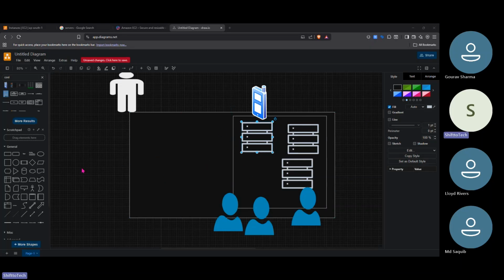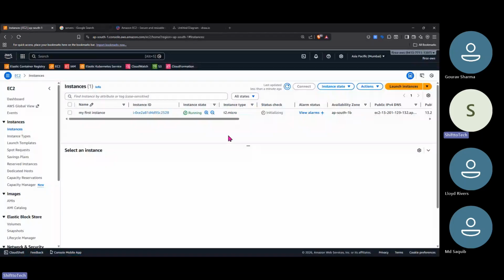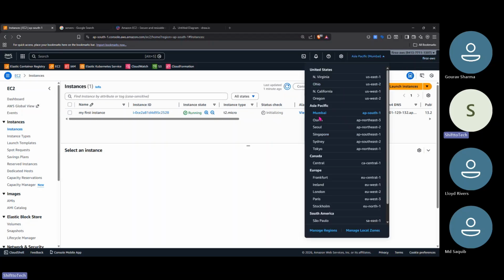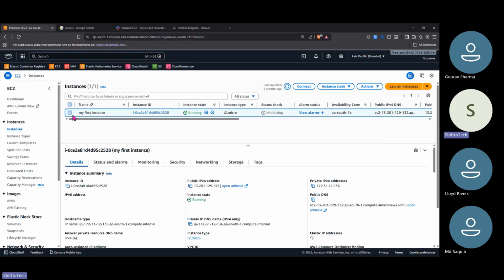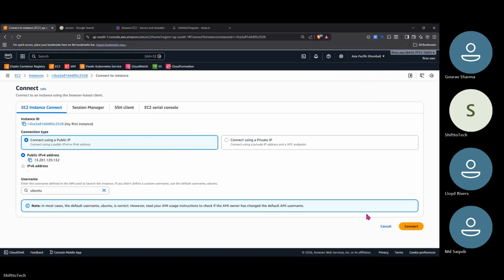We are renting it. AWS is maintaining these servers in maybe North Virginia, Alaska, Atlantica. We are not aware and we don't bother about those things. See, this server is in Asia. We have launched in Asia, in Mumbai. You can launch it in North Virginia, Frankfurt, Ireland, anywhere. It depends on the requirement of the client. So now this server is ready. What we will be doing is logging in to this server.